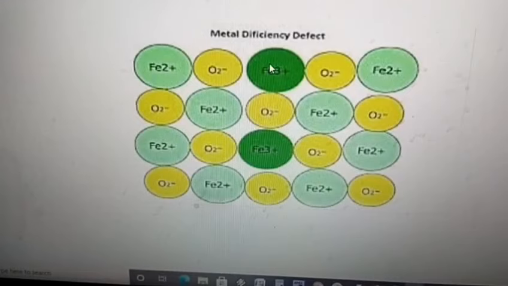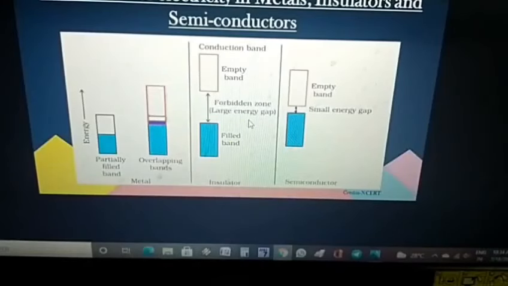Now here we are explaining this phenomenon based on two types of bands, valency band and conduction band. So let me explain what is meant by valency band and conduction band first. The atomic orbitals of metal atoms form molecular orbitals which are so close in energy to each other, so as to form a band which is called the valency band. And if this band is partially filled or it overlaps with a higher energy unoccupied band, it is called the conduction band.